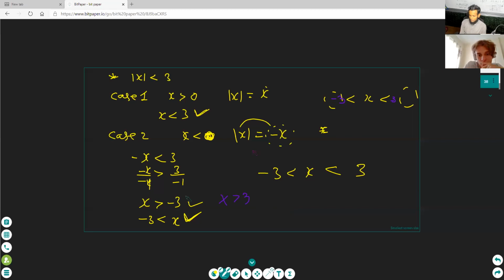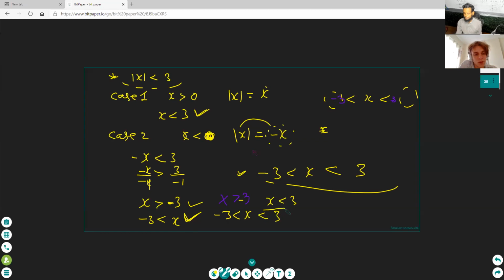Okay, you say here will be minus because we are dividing by minus on both sides. 3 upon minus, there will be minus 3, okay? For joining purposes, we need to join them in this form. This is the final answer of this inequality. It is also good to write the two in this form, but the formal way is to join them in a double inequality. For this purpose, we make it minus 3 less than x and x less than 3. Clear?